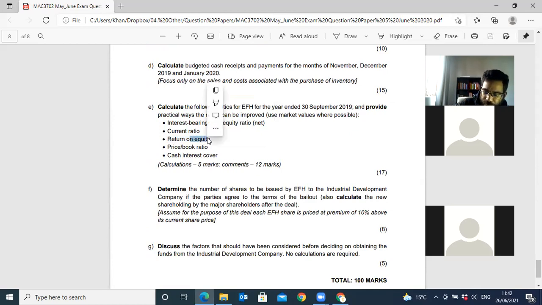Remember, return on equity is going to be net profit divided by equity. Because we're using market value, the chance of return on equity being high is very slim, because the market value of the shares is obviously going to increase, and as a result, your equity is increasing. The chance of you being able to increase profit at that rate is probably quite slim. So what you can do is suggest to them the way to improve